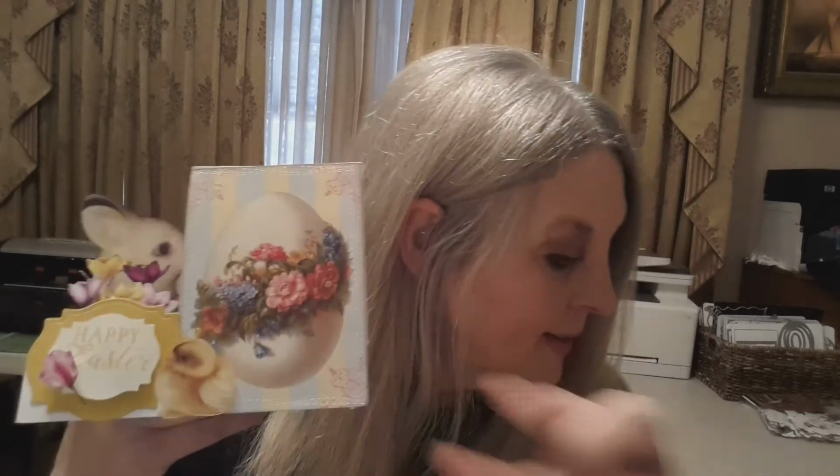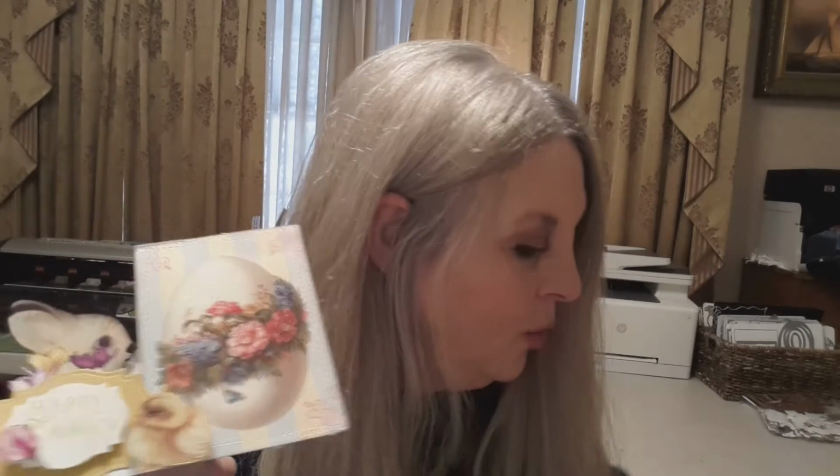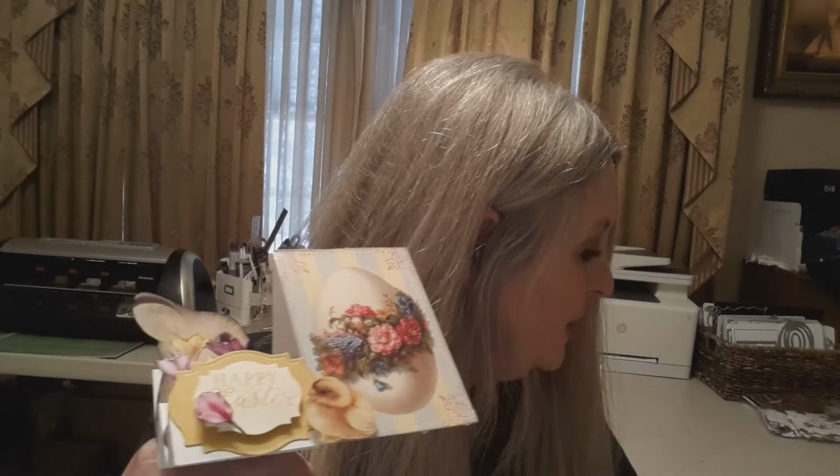Now this piece was a wonderful piece, and I think I purchased this on Etsy. I'm pretty sure I purchased those on Etsy. Can't tell you which one. But just look on Etsy for graphics, and you'll find oodles and oodles. And the other go-to for me for graphics, and I believe in buying them,